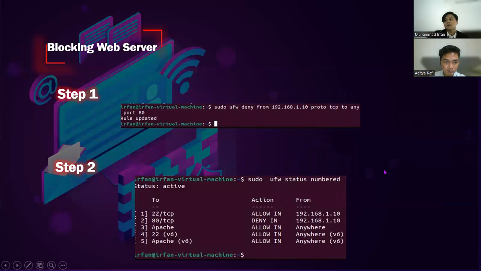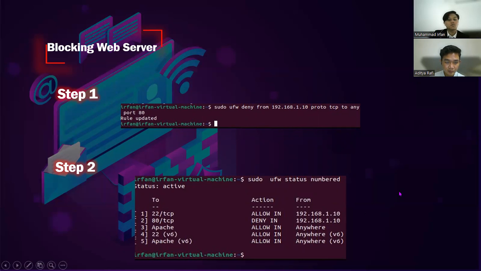Next, blocking the web server. Step 1, input the syntax to deny port 80 so the IP cannot access the web server. Sudo ufw deny from the Windows user IP 192.168.1.10 proto TCP to any port 80.